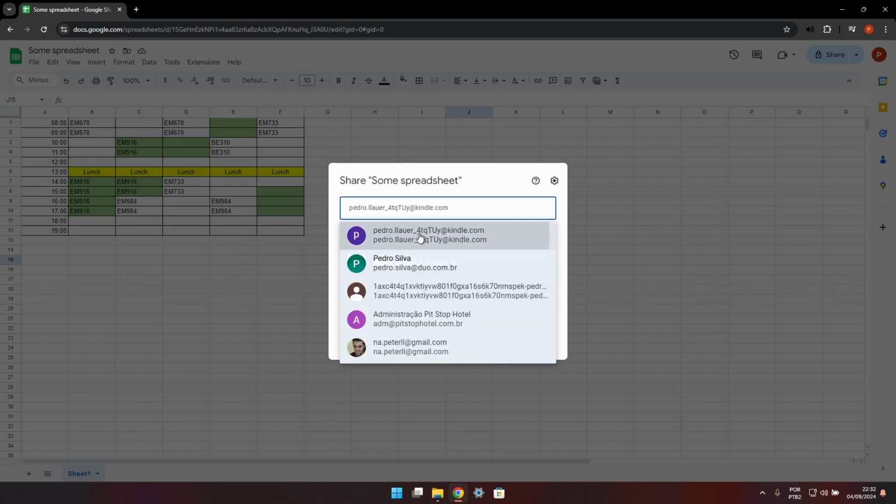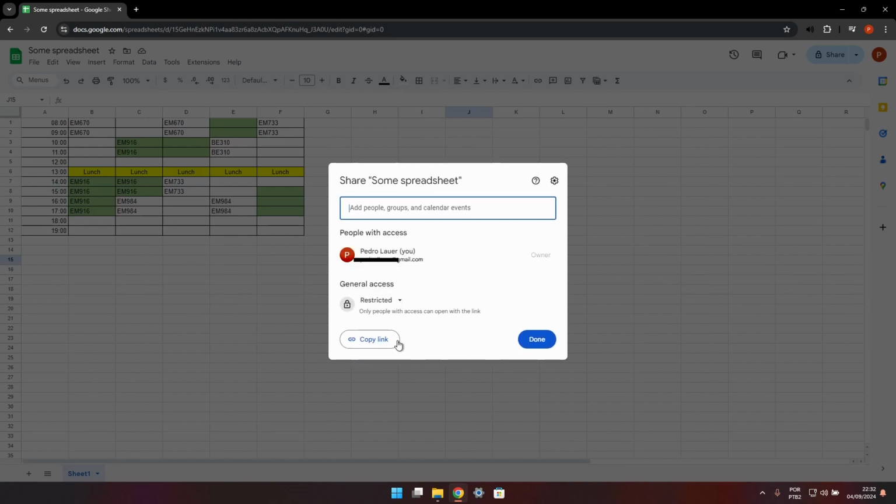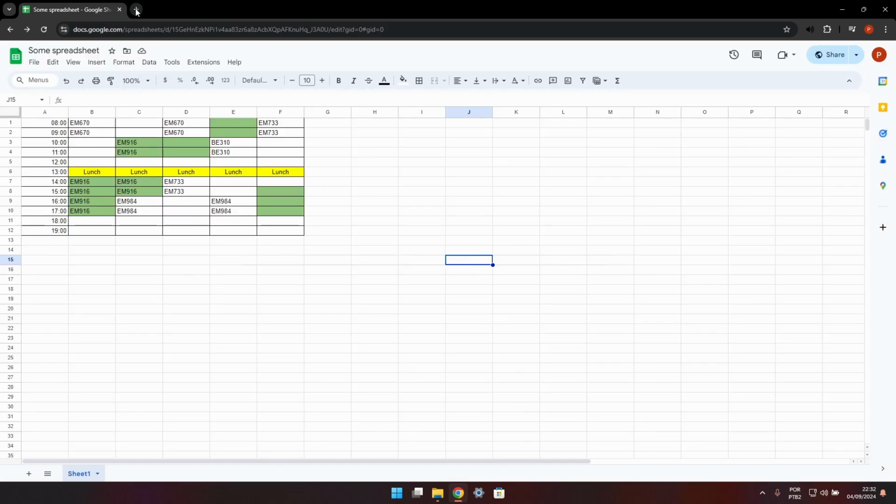Or we can come down here and select this option in order to allow anyone that has the link to actually see the spreadsheet. So I'm going to select this one, and I'm going to use this button to actually copy the link. Once that's done, I'm going to head over to